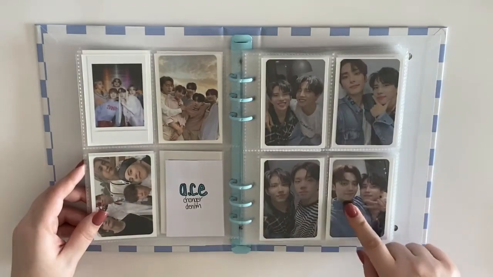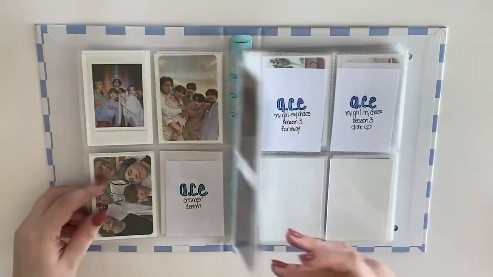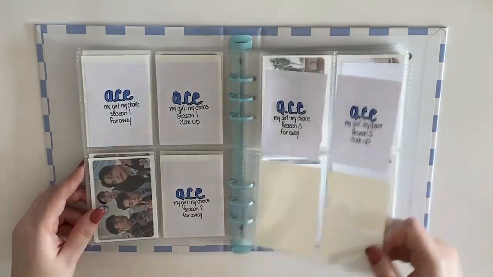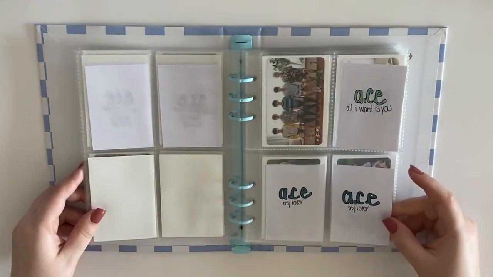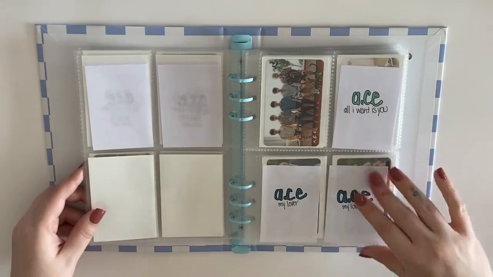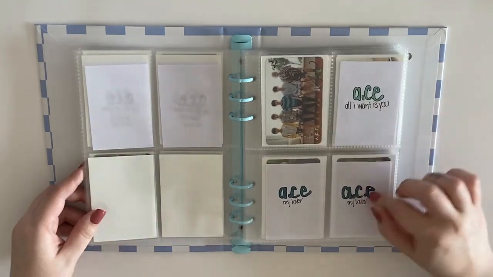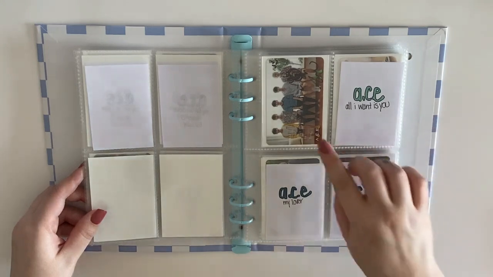These are technically pre-order cards from Changer, but they fit really nicely here. And then here are the Japanese ones. So I just have this one. It's actually signed by WoW. I don't know if you can see that very clearly, but Ace do events with their Japanese cards, and because